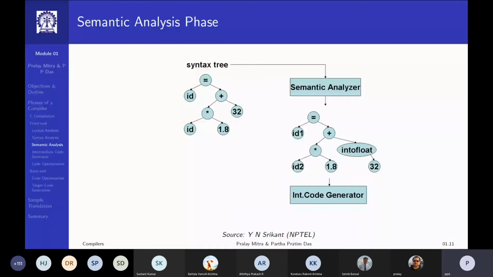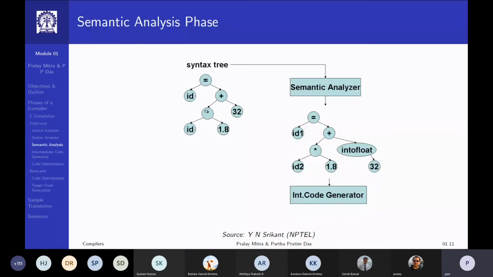So if this multiplication has to take place, it has to be a floating point multiplication, assuming that ID is also a floating point variable. So the result of this floating point multiplication in the star node, in the multop node, is a floating point number.